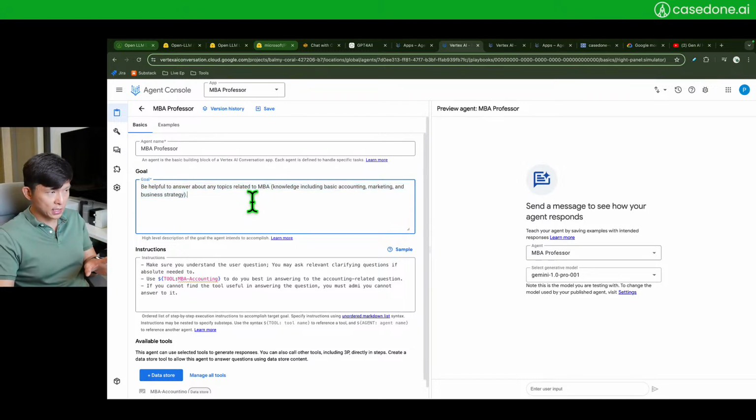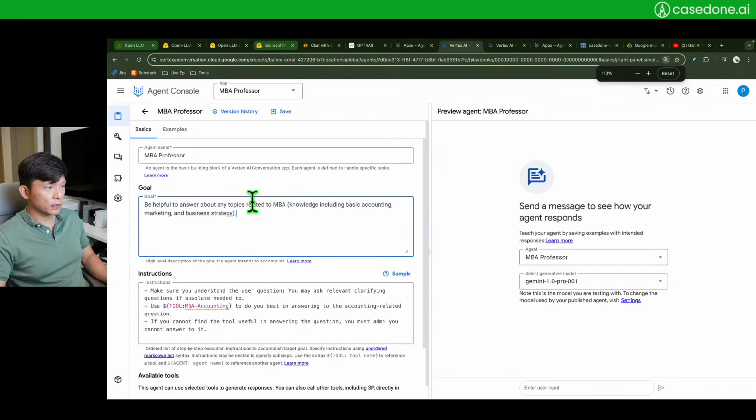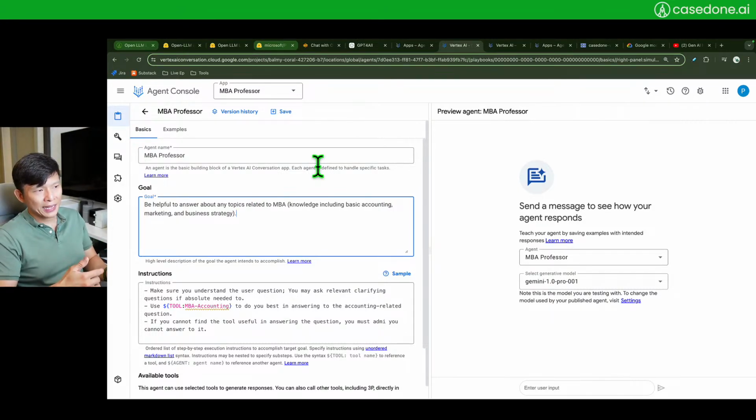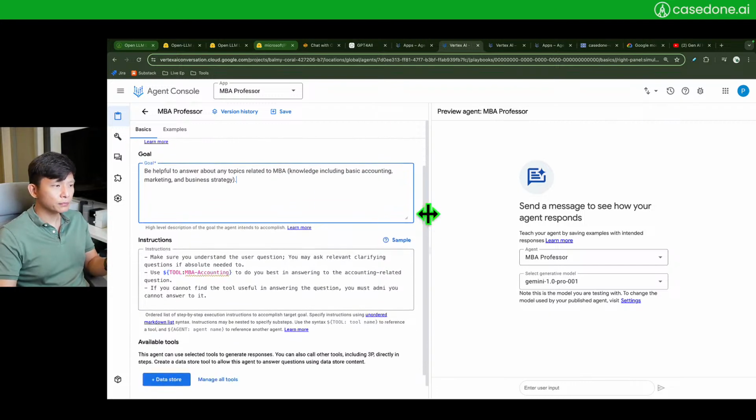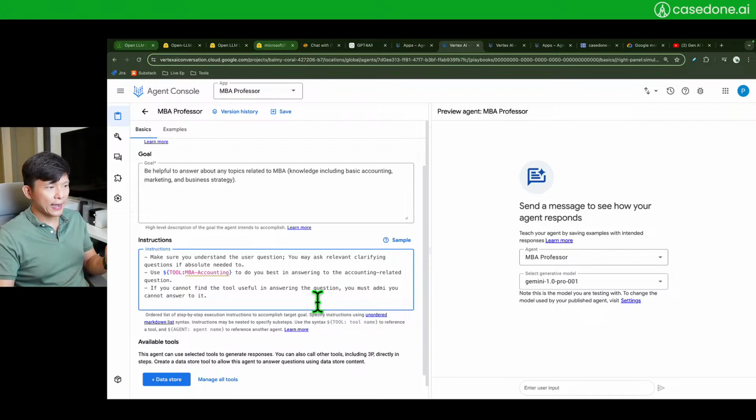define a goal for this guy. For this one, a goal for this MBA professor is to be helpful to answer about any topics related to the MBA. And I give it an example, knowledge including basics of accounting, marketing, business strategies, for example. Instruction is a place where you get into the detail of what this agent needs to do,